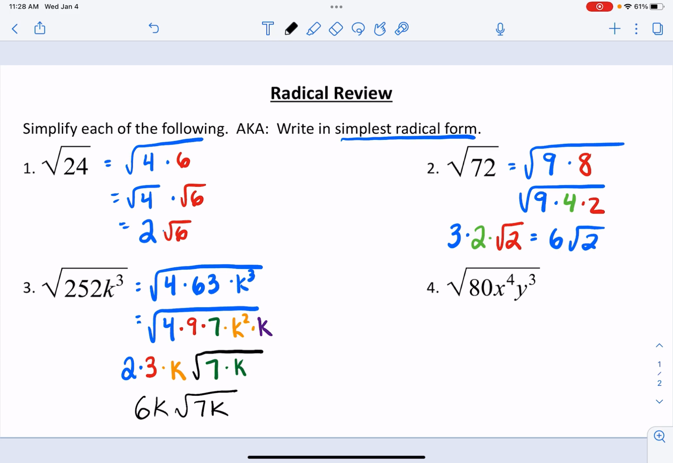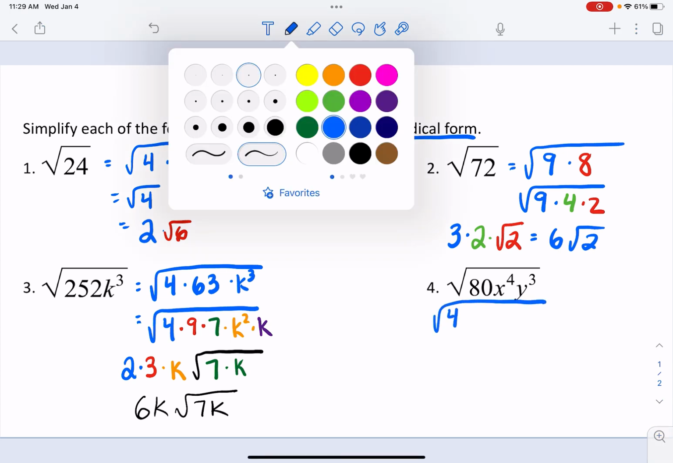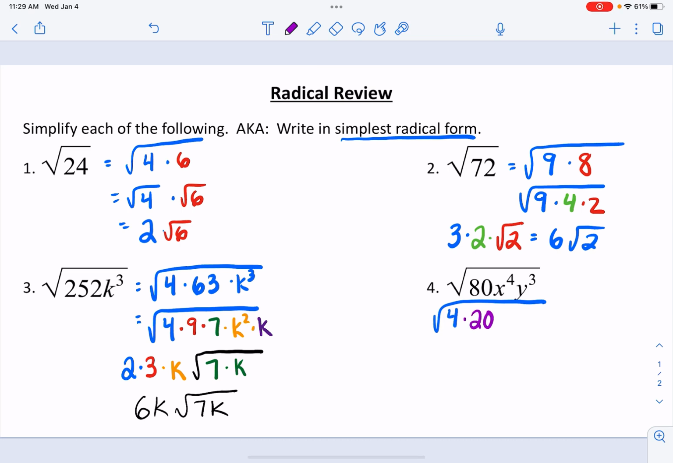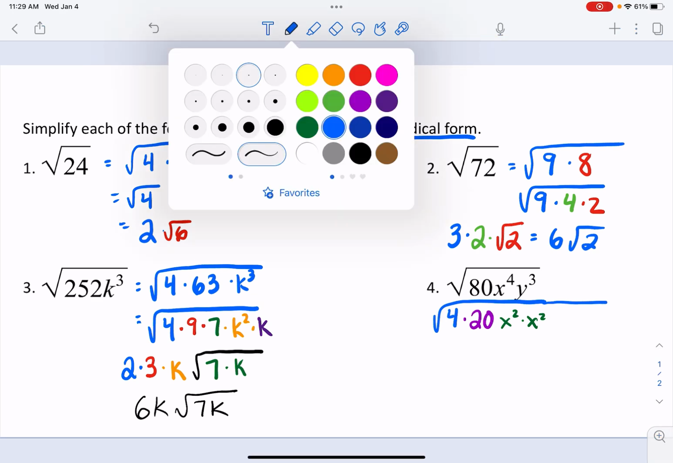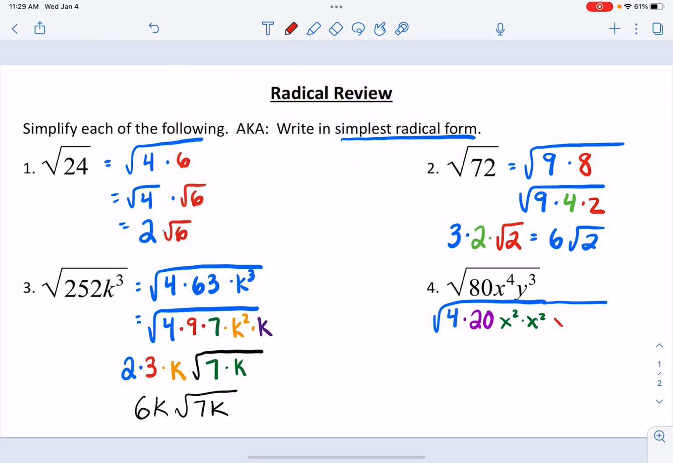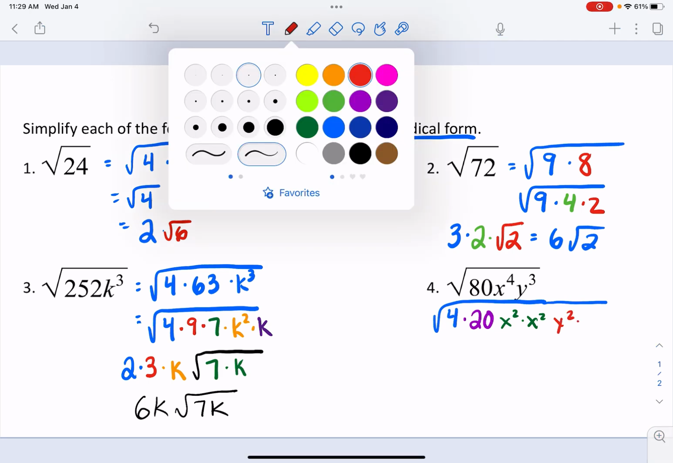Now, square root of 80, x to the 4th, y to the 3rd. So 80. Again, I start with 4. If you could see a bigger perfect square that goes in there, more power to you. Okay, and that's great. I see that 80 is 4 times 20. X to the fourth can be written as x squared times x squared. Y to the third can be written as y squared times